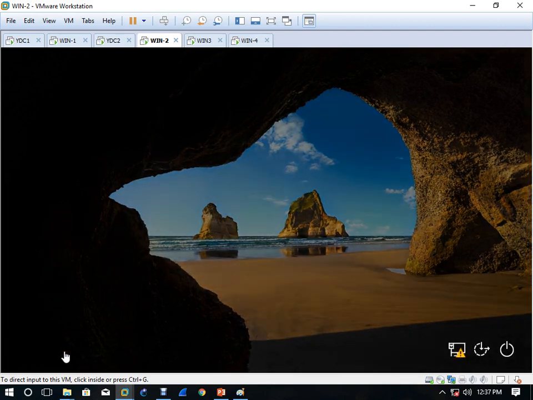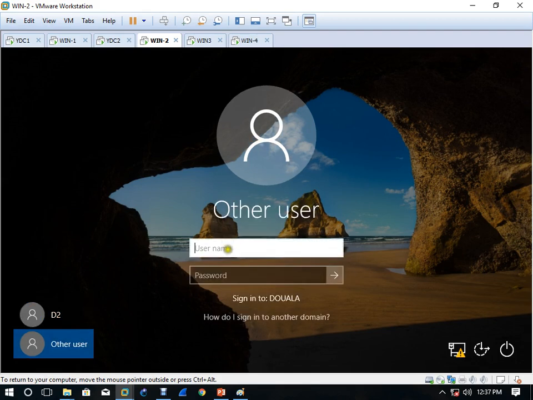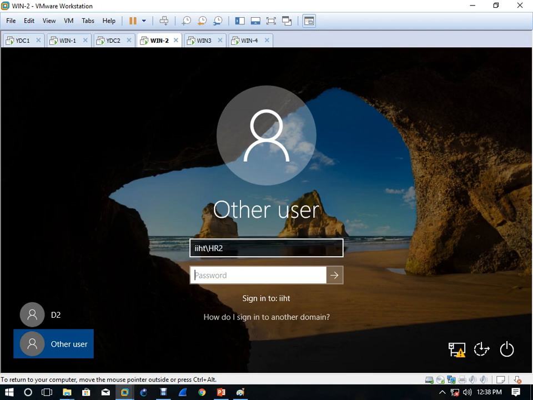See, here we are doing that lab, right? But when you do the lab, all machines, whether server or client, their time zone must be the same. Here we are just doing it. So come here, and right now what I have to type here: IIHT slash HR2 and the password.